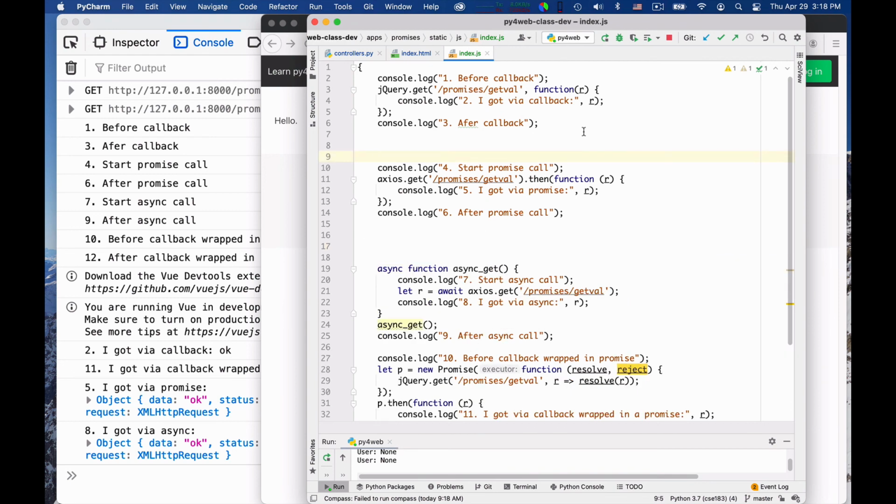In this class, in order to do network calls, we will be using this way, okay? So the way using the Axios library that returns a promise, and then we use a then on the promise, okay? This is just because this is an easy style to use, and it will be our favored one for the class. The jQuery library is optional. We generally won't use it in the class. The way of using asynchronous functions is fine, but it's also not the main way we will be using. So if you have to remember one way to do calls, remember this one.